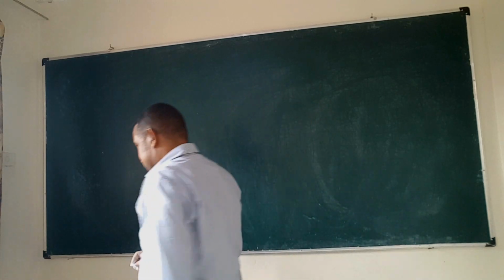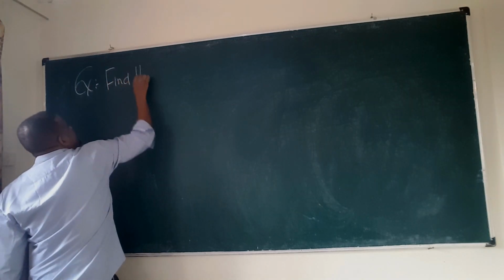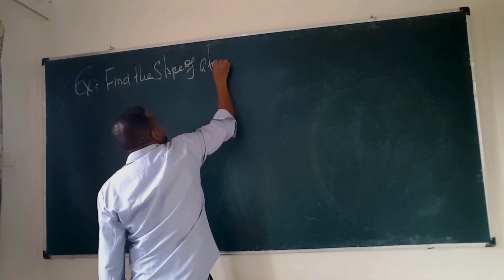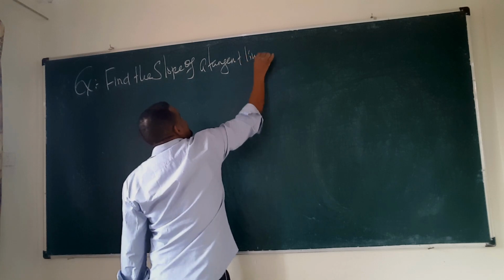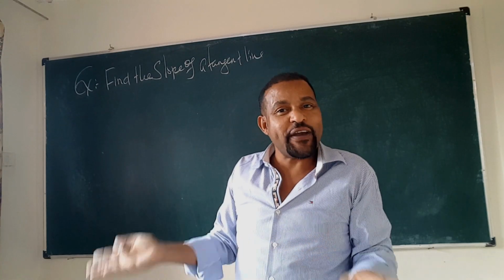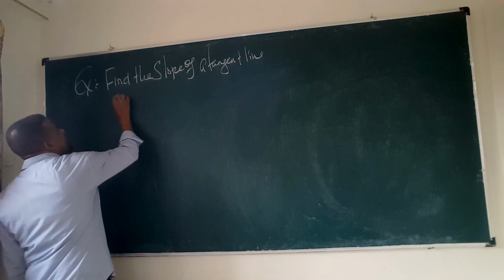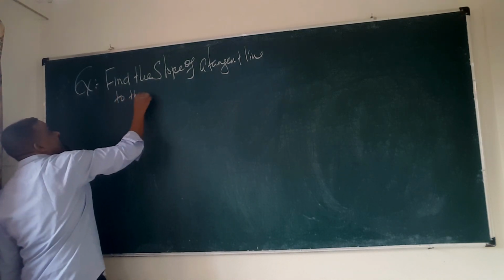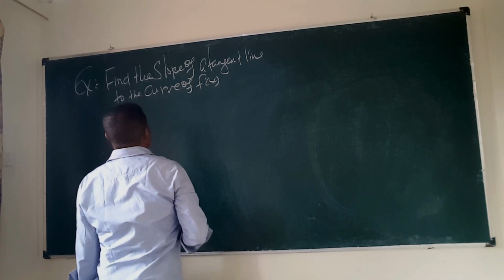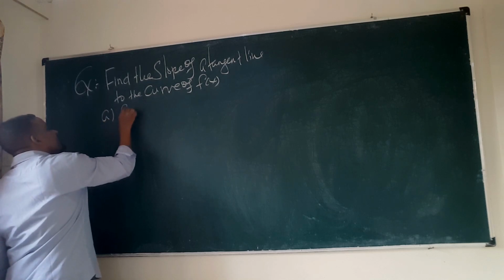So let's do examples. Okay, find the slope of a tangent line. Find the slope of a tangent line means find the instantaneous rate of change of that function at that point. Find the slope of the tangent line to the curve of f of x, for example f of x is